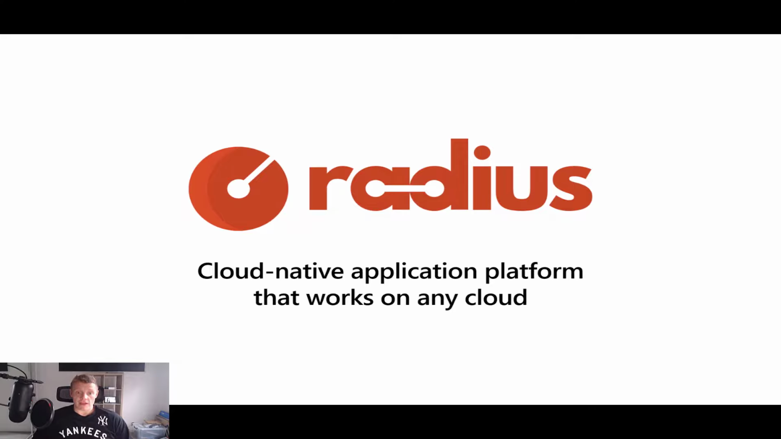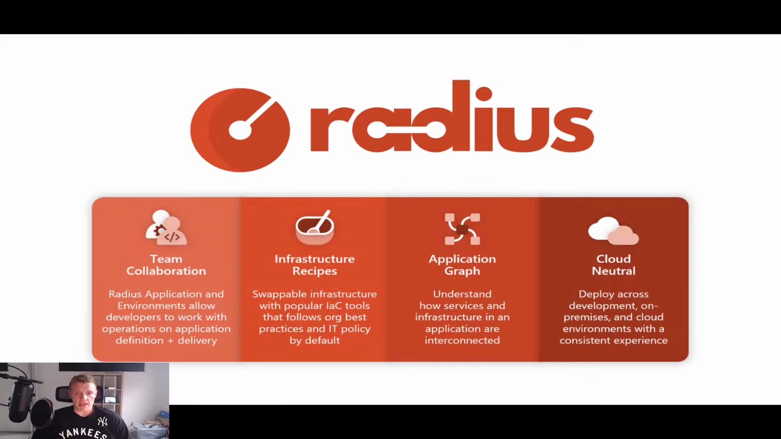And this is where Radius comes in. So Radius is an open source cloud native platform that enables developers and operators to develop and collaborate on cloud native applications across public and private clouds. Now, the only reason I said that so clearly is because I stole it from their website. But essentially what Radius is,